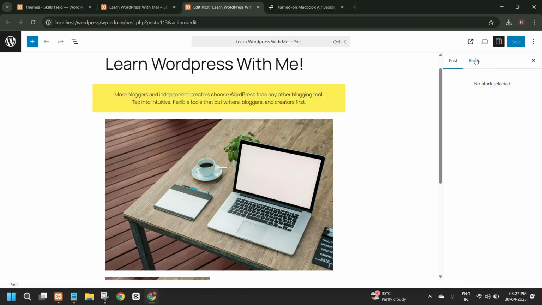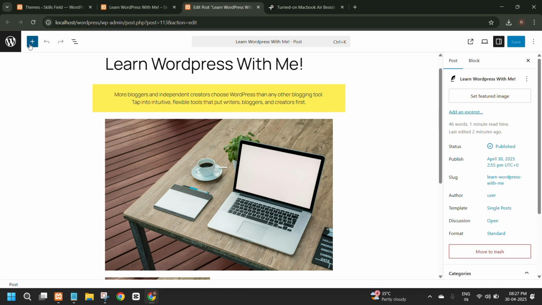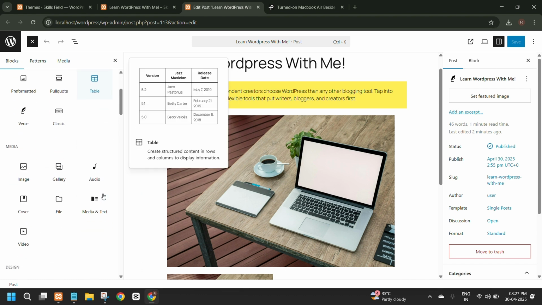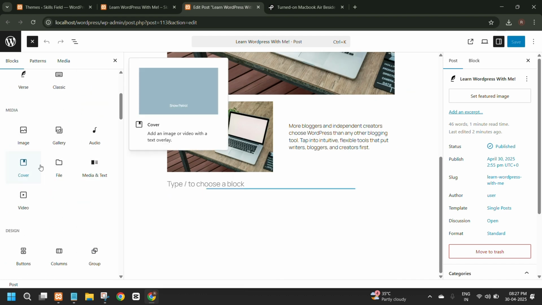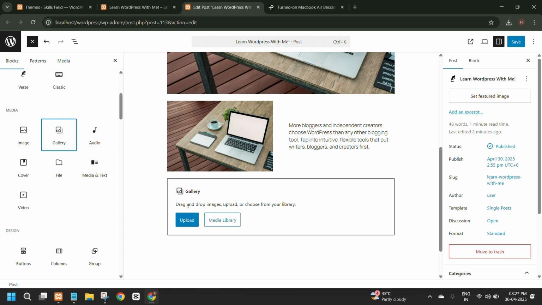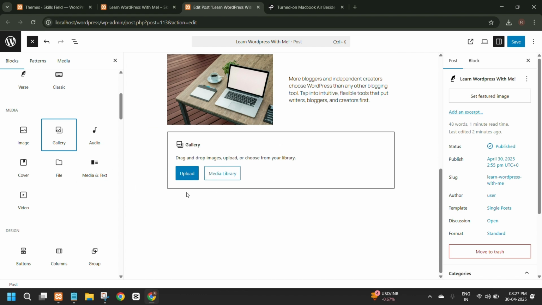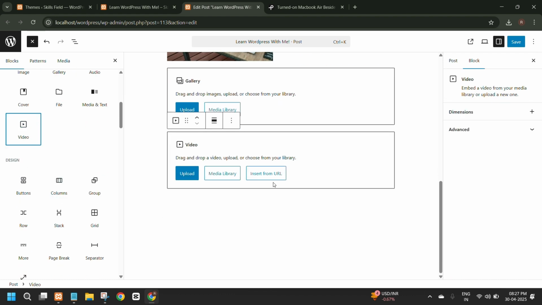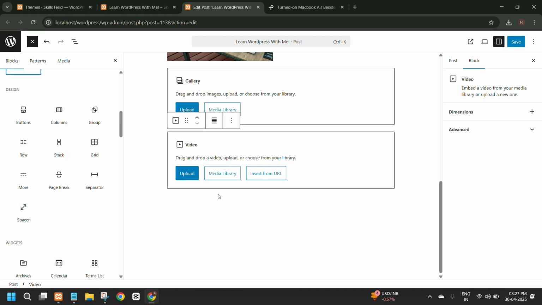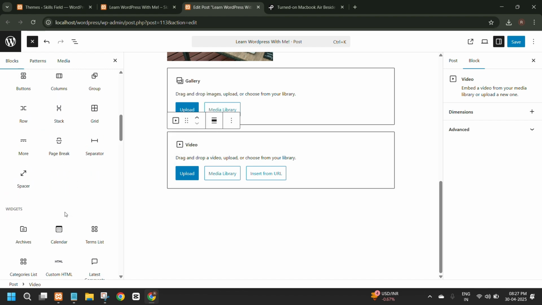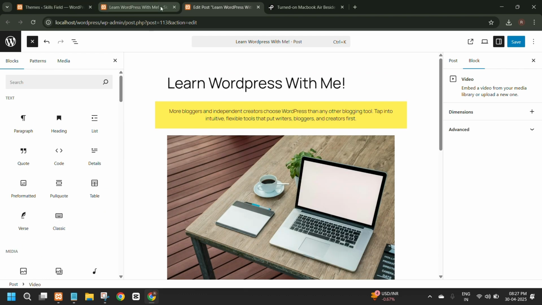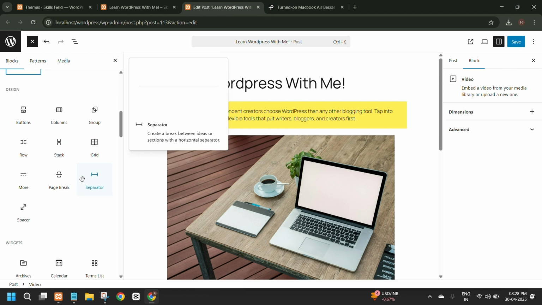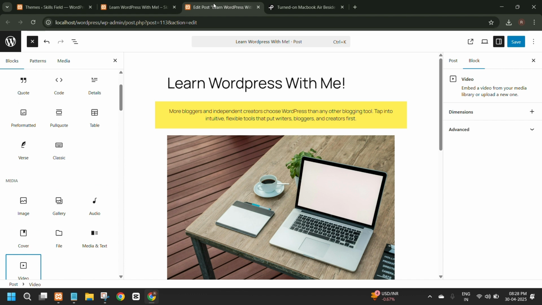And if you want to check all the widgets from here, this is called widgets. These are all the widgets. You can look into this and you can just add the gallery. If you want to show many of the images, then you can add the gallery, and if you want to add the video, then you can upload from your media. And also you can add many of the things here, whatever you see here. Just explore these widgets, and